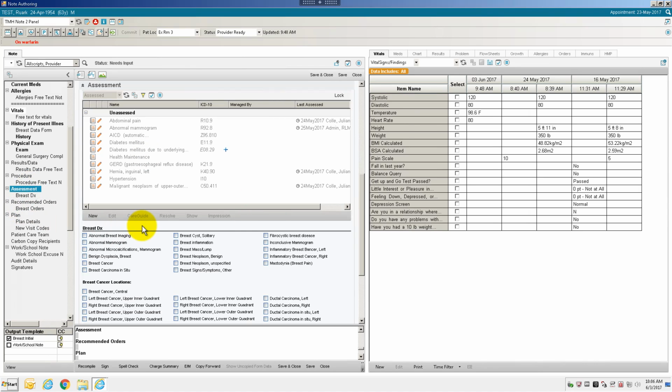Write follow-up PRN on that paper encounter form and walk them to the front like you usually do. But any other order, any other thing that you're going to schedule, or any other follow-up besides PRN, you're going to want to come to the assessment area and pick their diagnosis. If the diagnosis is already here, great. You want to assess it by clicking on